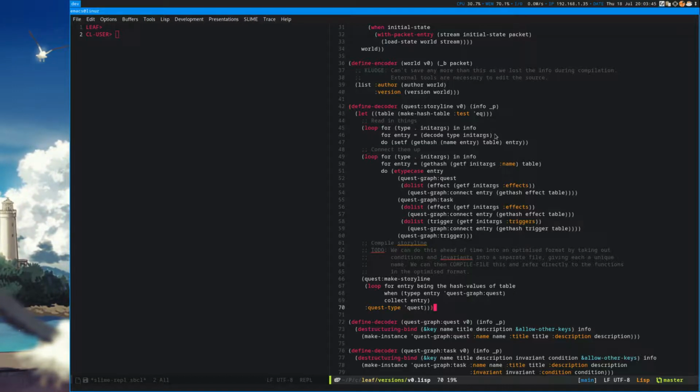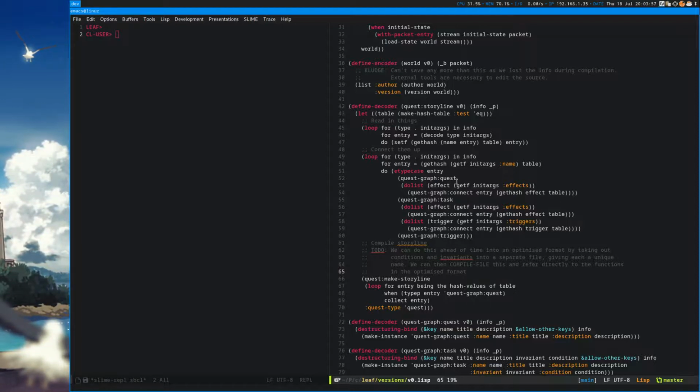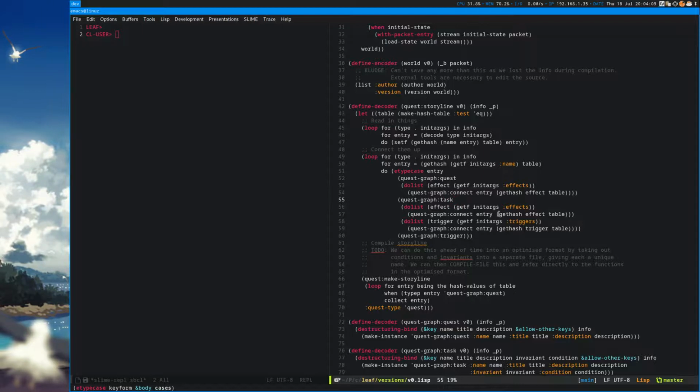But what I could do instead is write out all the conditions and invariants of the tasks to a source file, using a different function for each of these invariants and conditions with a randomly generated name, and then call compile file on that and just reference the original functions and the rest of the data.